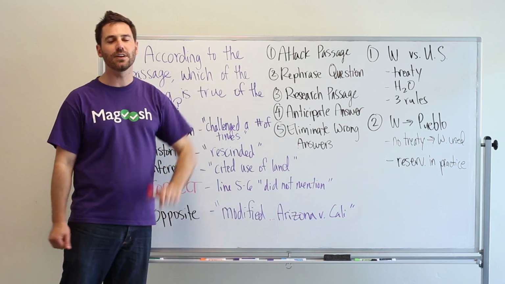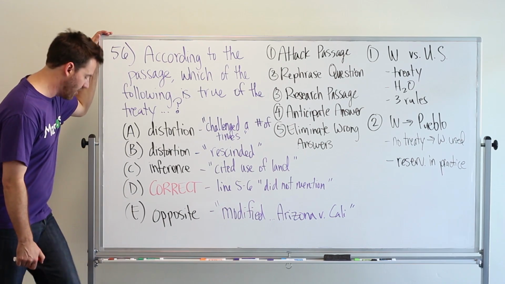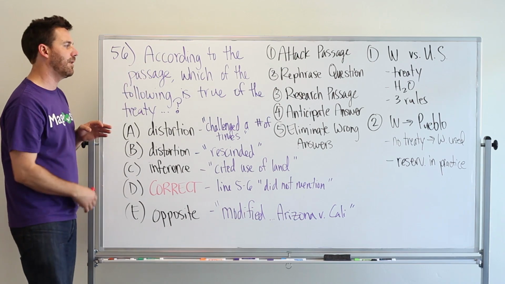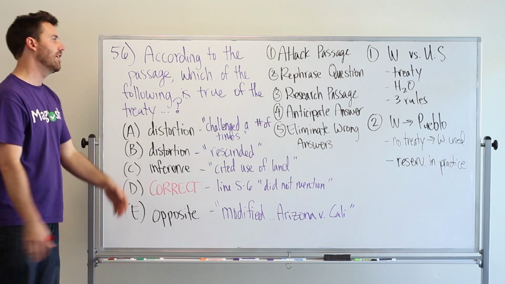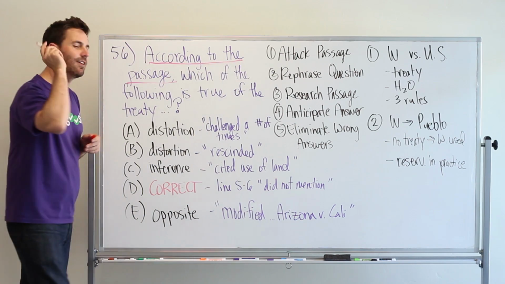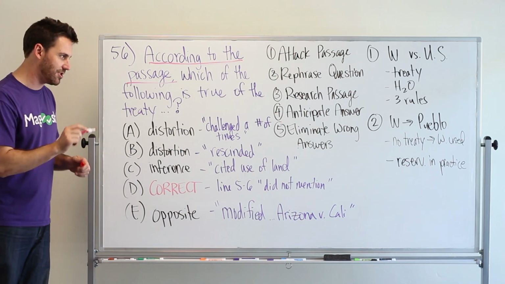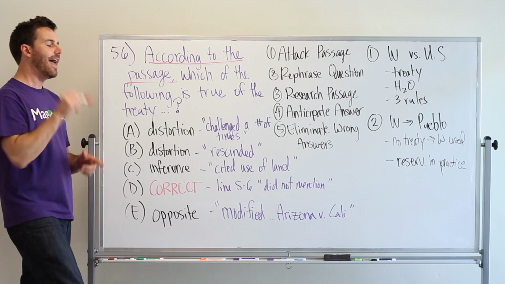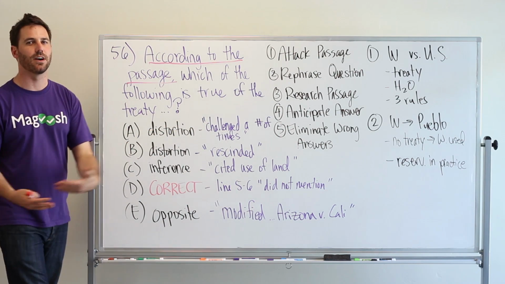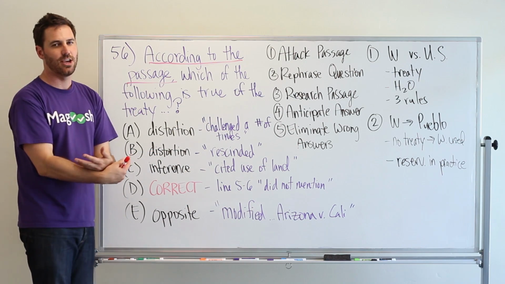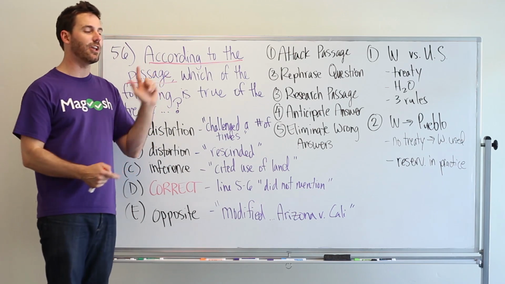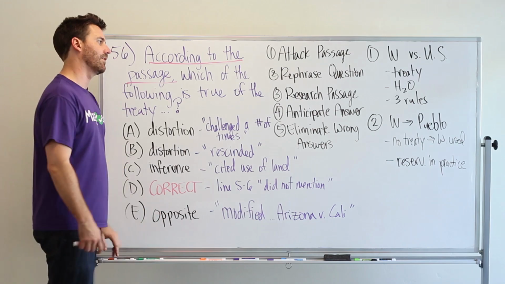Next, step two is to rephrase the question. Here, the question is, according to the passage, which of the following is true of the treaty, and so on. This is not the whole question, but anytime I see "according to the passage," that means I have a detail question. It's asking about a detail in the passage, and that tells me that the answer is actually stated in the passage. It's written somewhere, so I don't have to make any surprising inferences. That also tells me about the type of wrong answers that I'm going to see.